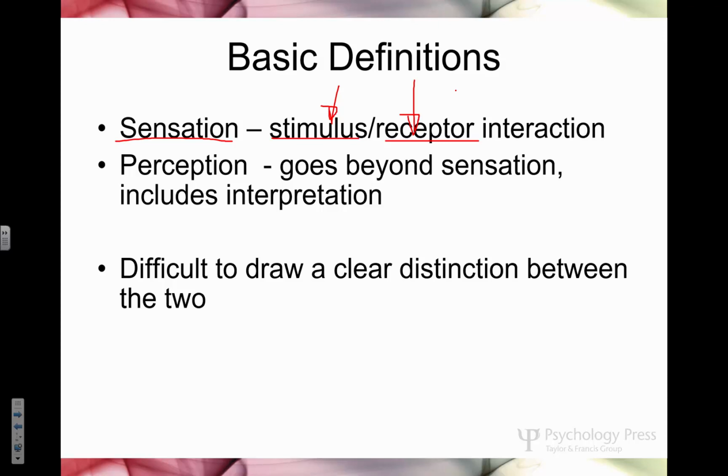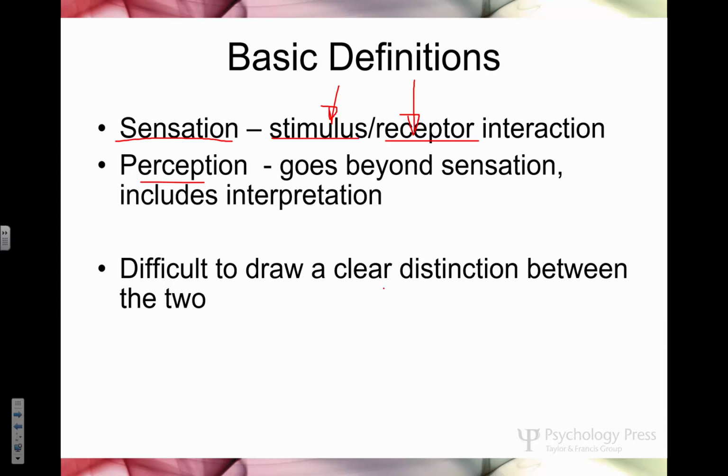So there are particles of that hamburger that you're smelling. They're interacting with receptors in your olfactory system, kind of up in your nose, and that interaction causes that sensation, right? Now, perception goes a bit beyond that. Perception is like you saying, it smells like a good cheeseburger. That's your perception of that smell, your sort of emotional reaction to that. Anything beyond that basic physical interaction between the stimulus and the receptor is going to be perception.